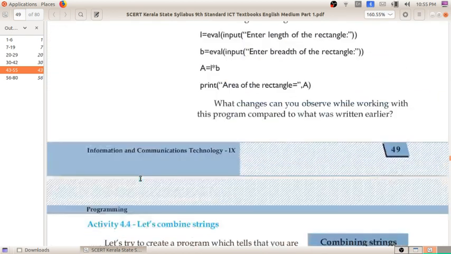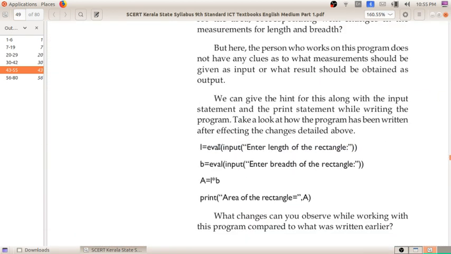The next one is eval of input. For what purpose is it used? When the input we give is in digital form, for example if the computer asks enter the length of the rectangle, we give the answer in numerical form. For that type of statement we use evaluate of input.